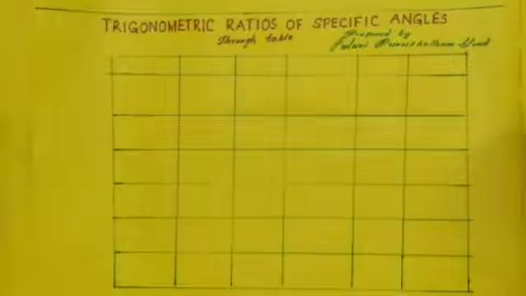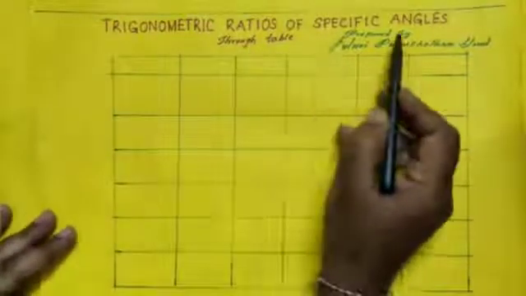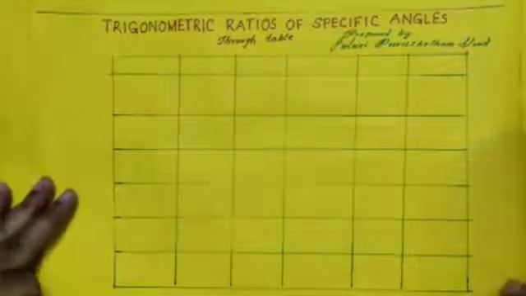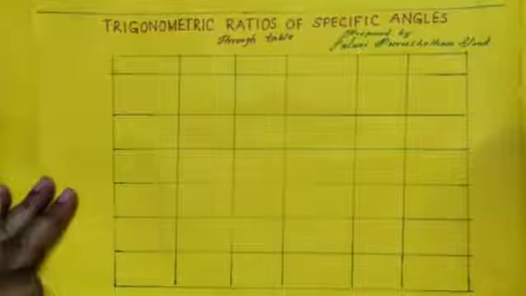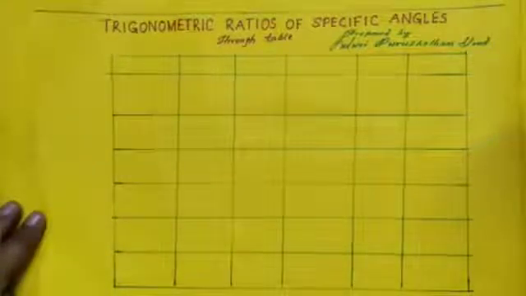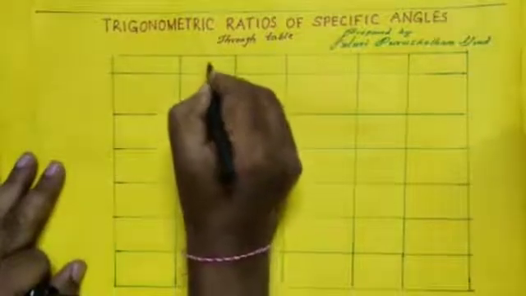Hi children, in this session we are going to discuss trigonometric ratios of some specific angles through a table. This is not a proof method. This is simply for the purpose of remembering. Okay, let us begin. First I am taking 0 degrees